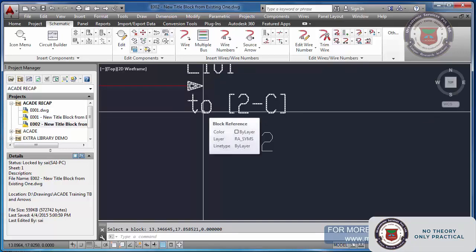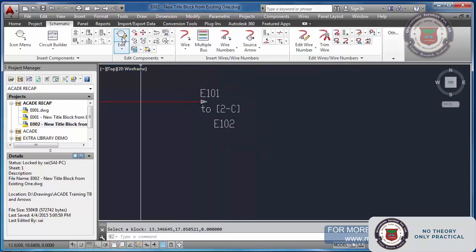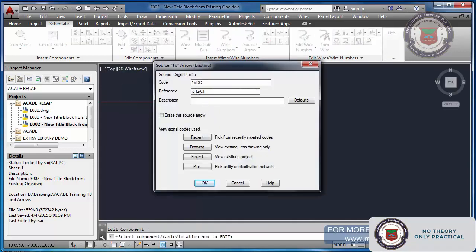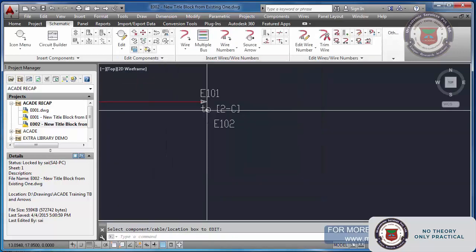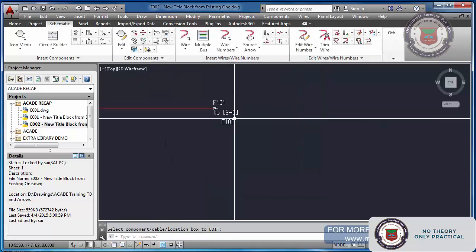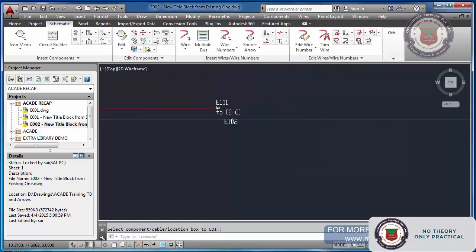If your customer says instead of 2, he wants to destination, it is not possible to go and edit everywhere, to destination, to destination. It is not the right way. So how can we do that? Of course, there is a way to do that.